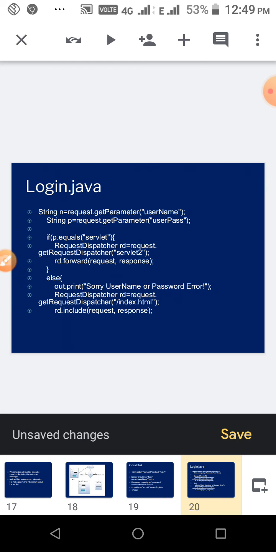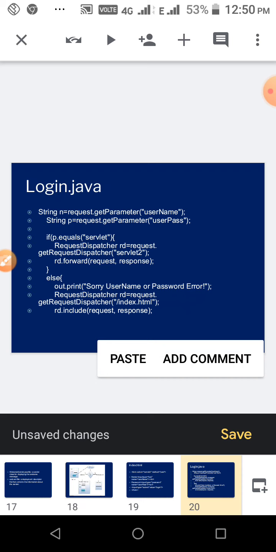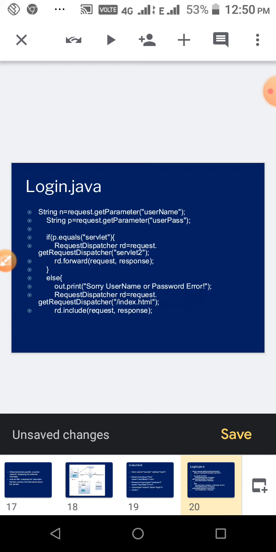See here, if the password is correct, then RequestDispatcher rd equal to request.getRequestDispatcher servlet 2. So there we have to send the control to servlet 2, and then you have to write rd.forward(request, response). Okay, if you write like this, by using this dispatcher and the forward method, our control is forwarded to servlet 2.